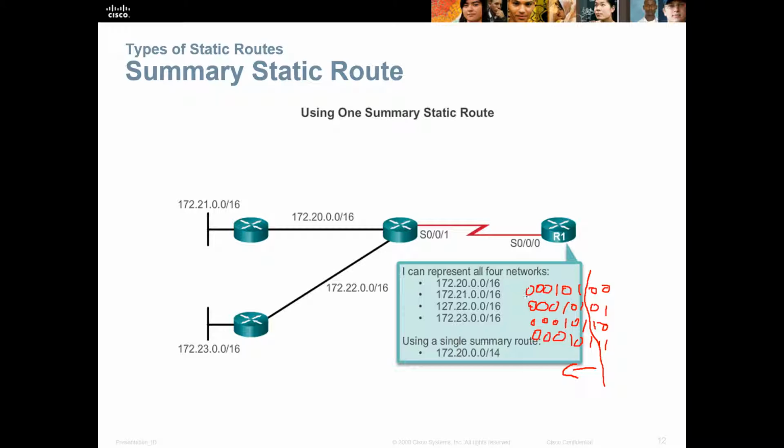We have a 0 in the 128 spot, a 0 in the 64 spot, a 0 in the 32 spot, a 1 in the 16 spot, a 0 in the 8 spot, and a 1 in the 4 spot. The bits all of them have in common add up to 20. So everything to the right of that, we're going to change to 0. So that is how we get our